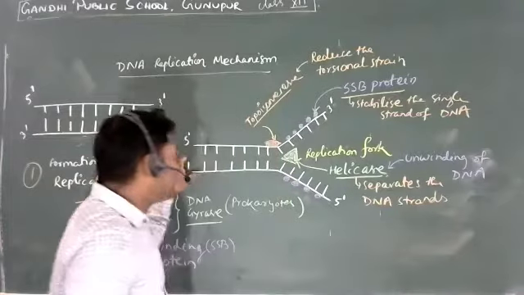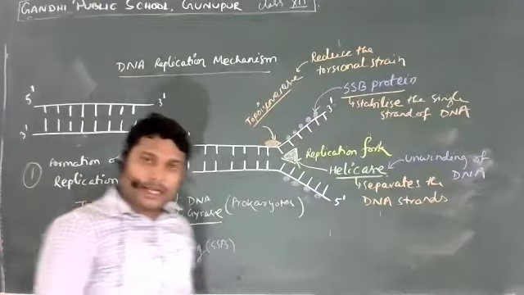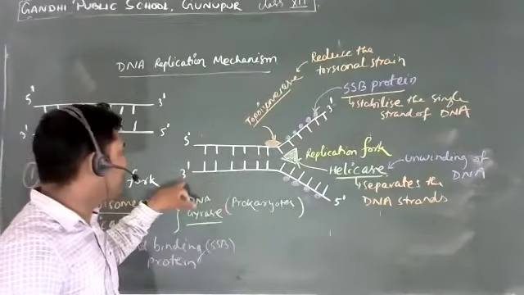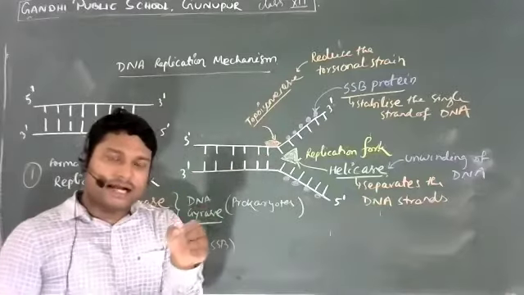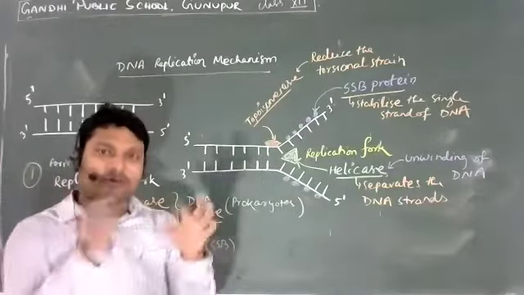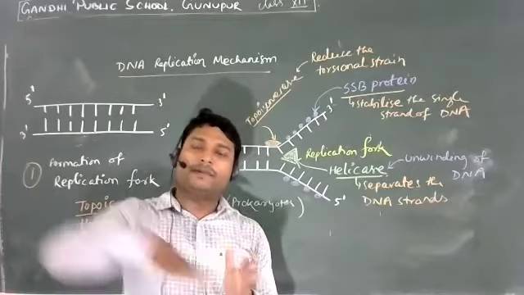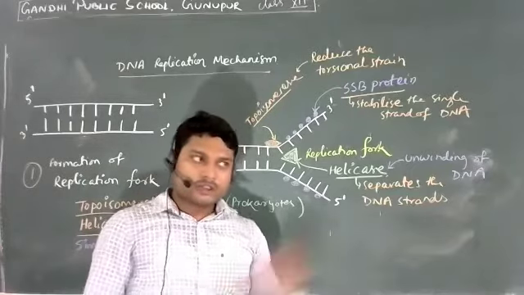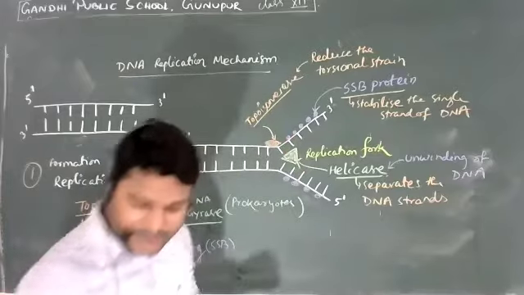So you see one strand here that is 5 prime to 3 prime, and another strand you see here is 3 prime to 5 prime. And we have learned that there is a specific orientation of the DNA polymerase to polymerize the new strand of DNA. Agree? So now the question is, if the two strands are opposite, what happens here?